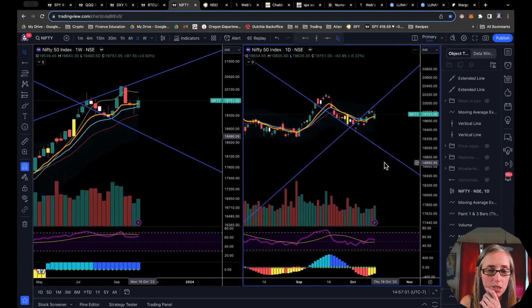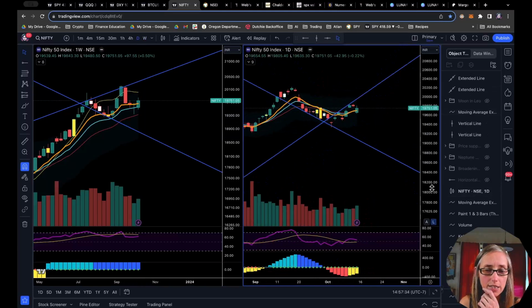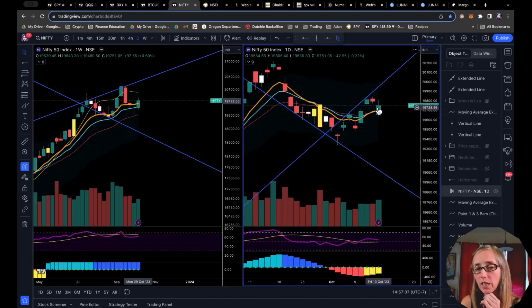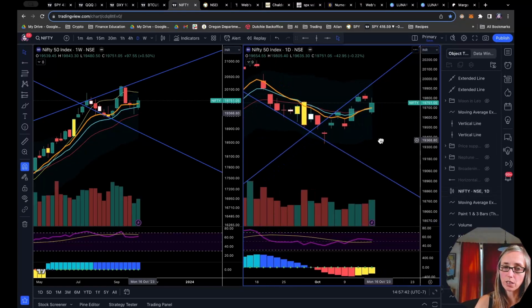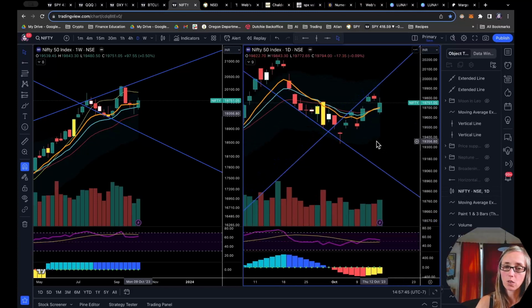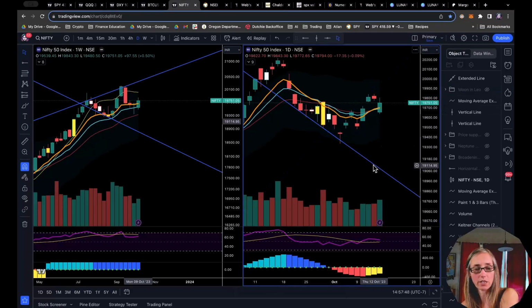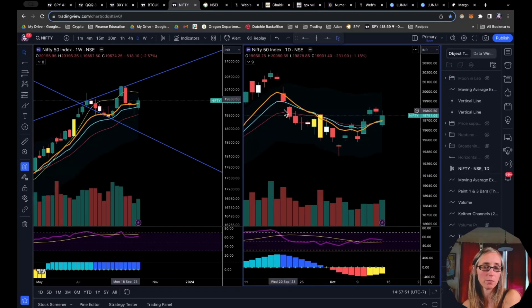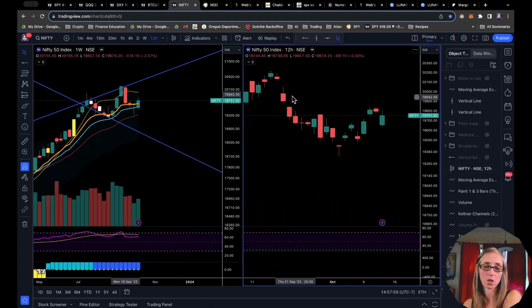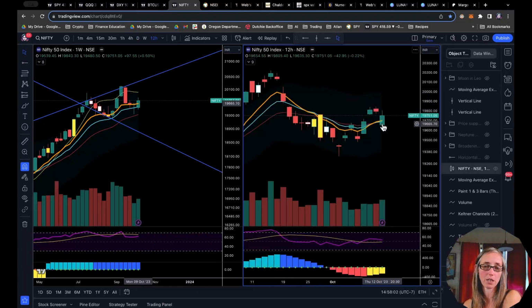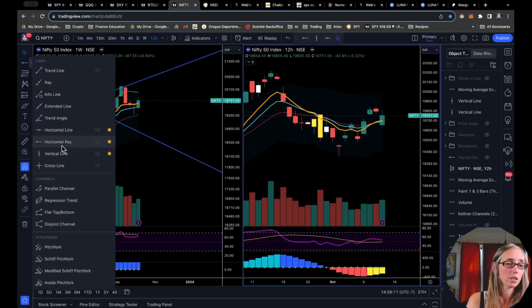On the daily chart, we do have patterns of higher lows and higher highs now, and we are just about to get the bull cross again of the moving averages. So we're just going to keep our eyes peeled for this week. Actually, I see here we've also got a potential inverse head and shoulders. Let's see if that looks more clear on the 12-hour. Yeah, so it looks like we tried to break up here, but then we kind of came back down. So we could come back down and test this level here, which would be